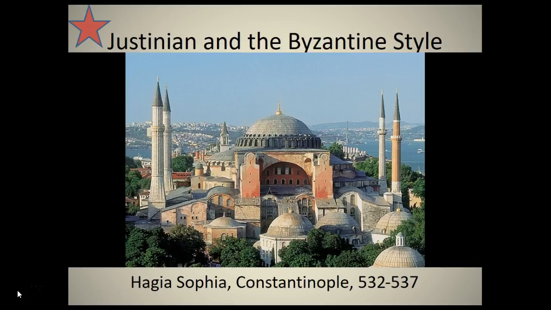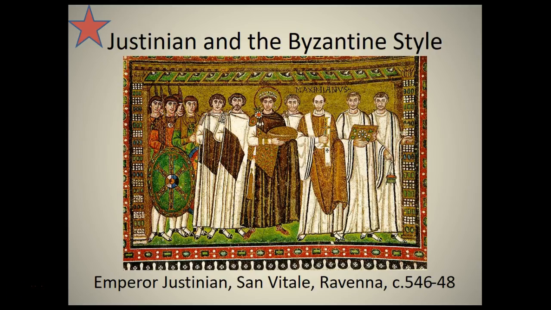We looked at some mosaics when we were looking at early Christian churches in the western part of what used to be the Roman Empire, and we started to look at this idea of how the combination of mosaics and light really evoked this kind of dematerialized and sort of heavenly space. So what we'll see is that, especially with the decorative mosaics in the Hagia Sophia, very ethereal figures that seem to float against a gold background. Let me see if I can bring one up. Here's a famed example of what I'm going to talk about.